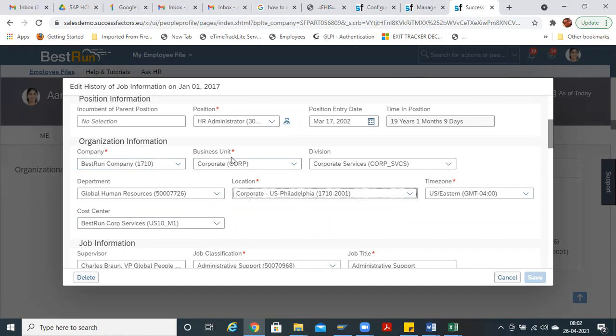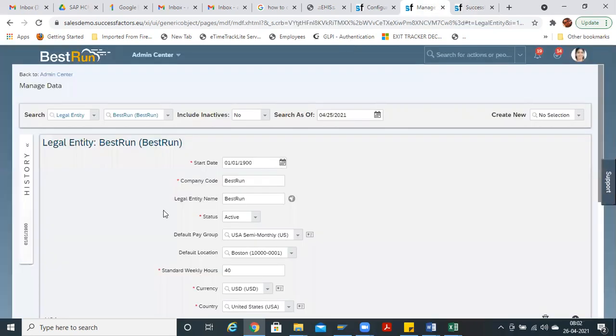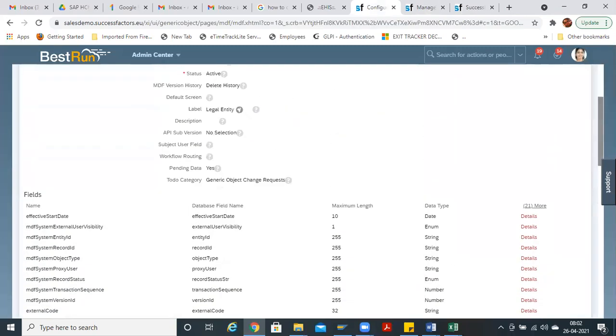Under company there are one to many business units, and under each business unit, the division, then department. Then I want a sub department here. What to do? Just go to manage data, configure object definition.